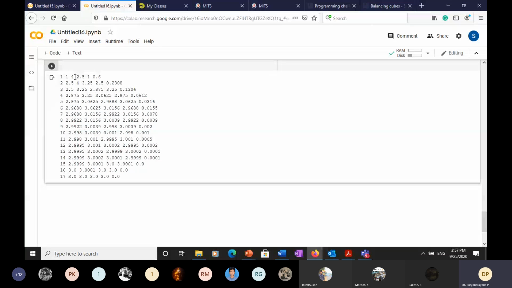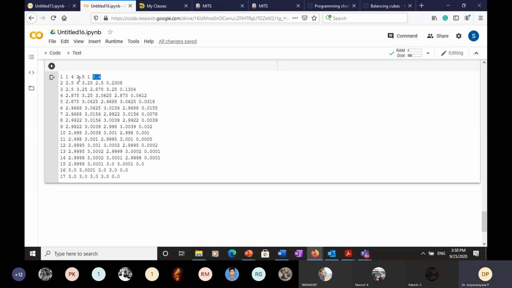This is the lower limit. X1, 4, and the root is 2.5, and old root is 1, and the error is 0.6. In the next iteration,